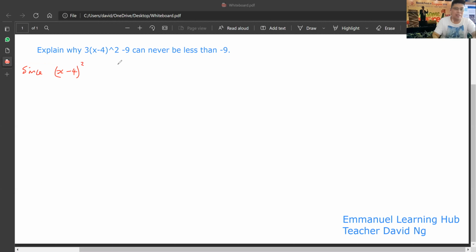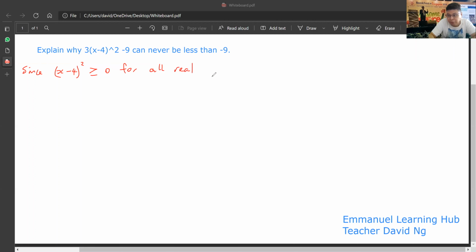Something square, will it be greater than 0 or less than 0? Greater than 0, right? Since this fella is always greater than 0, and the least value is 0, then I must say for all real values of x,